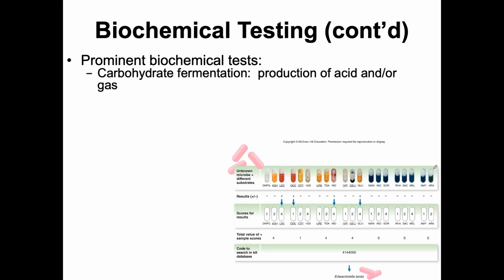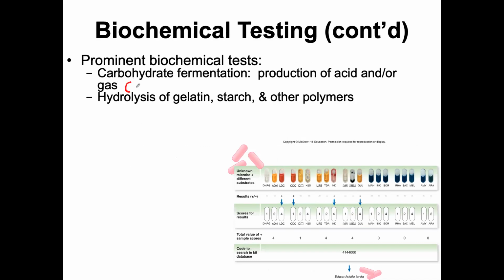Some tests include carbohydrate fermentation, where we generate an acid or a gas, right? So we usually have a color indicator that checks for pH, right? Or a color indicator that checks for things like oxygen or CO2, okay? Or sometimes even ammonia,